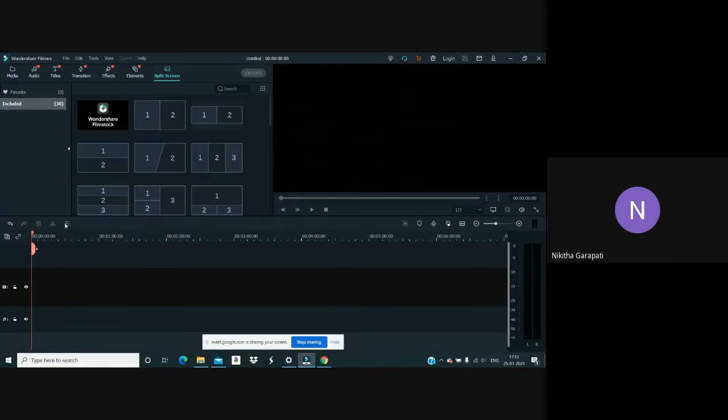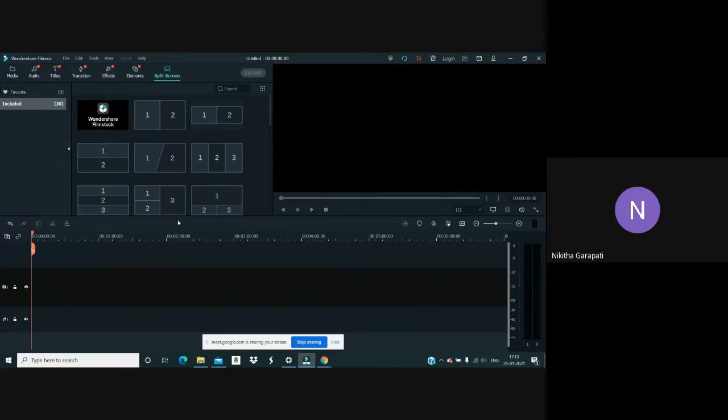And this button will provide some extra edits like increasing or decreasing opacity, or rotating the angle. All those will be available in this button. So this was about the basic workspace of the software that you're working on, which is Filmora.